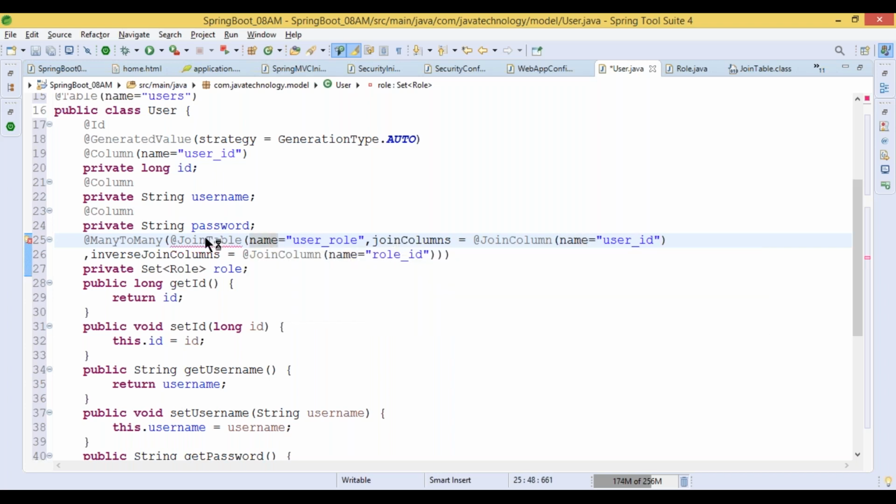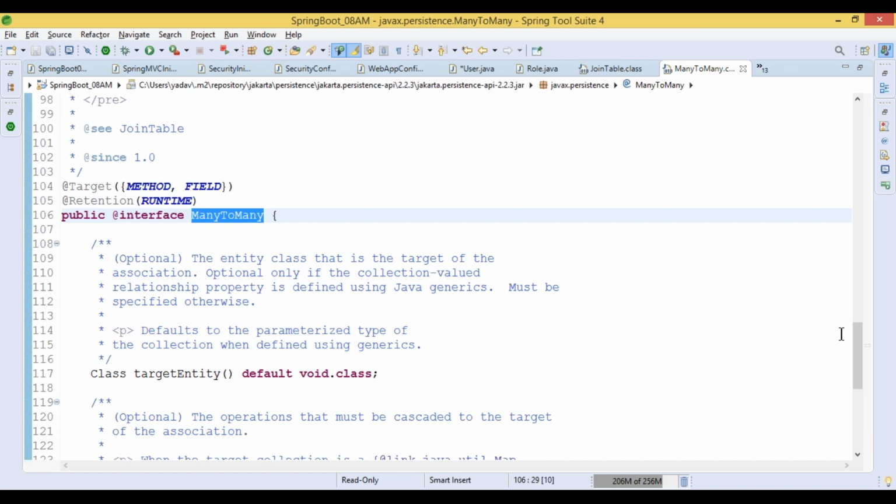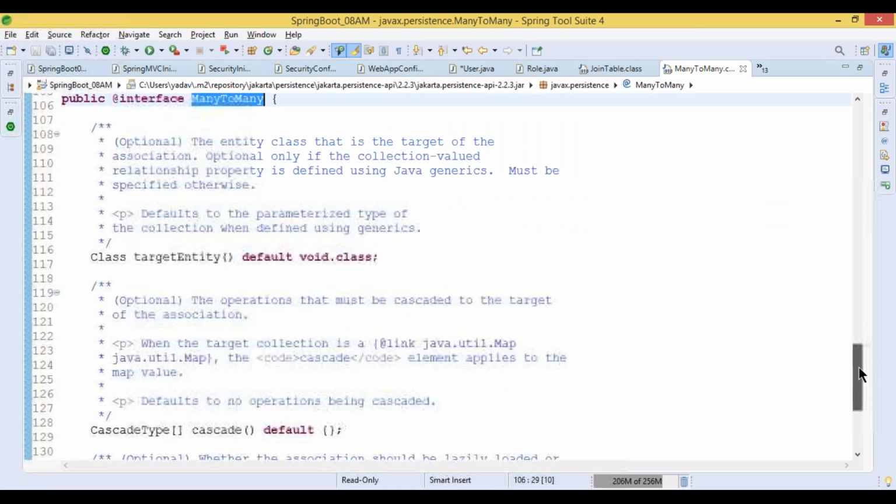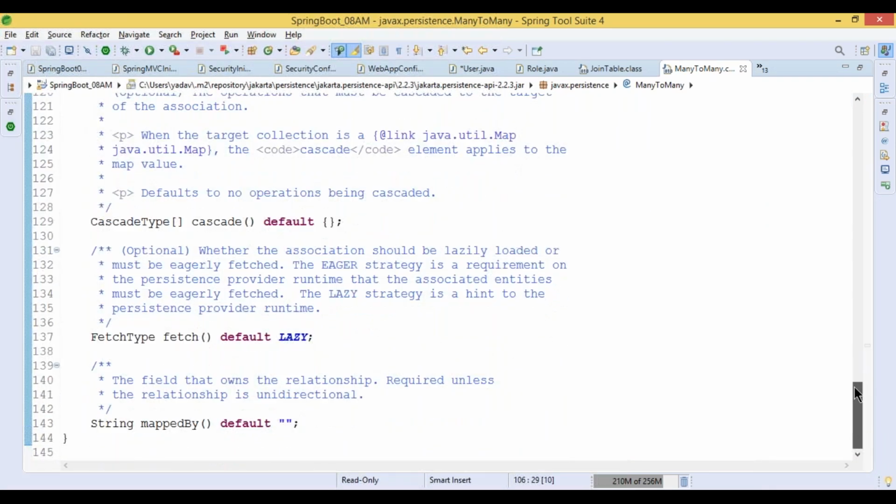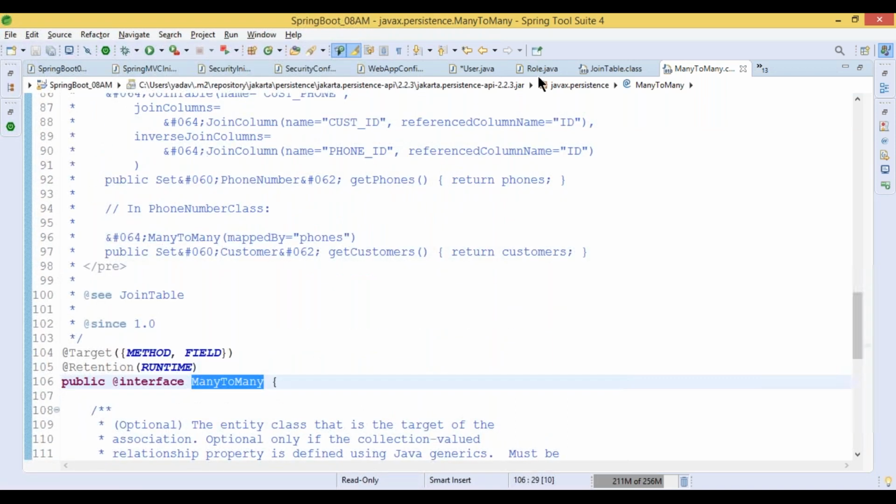Join columns with the given join table: attribute value undefined for the annotation type ManyToMany. Okay, many to many. We don't have the particular one. Let me check inside the ManyToMany: target entity, and the cascade, fetch, mapped by as well. Okay, so add the cascade here.